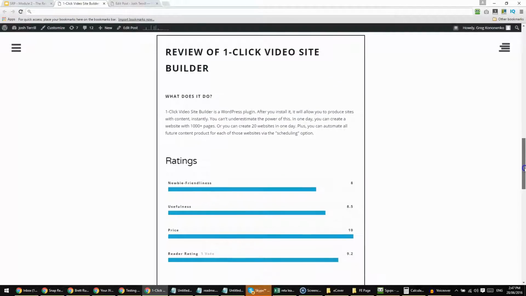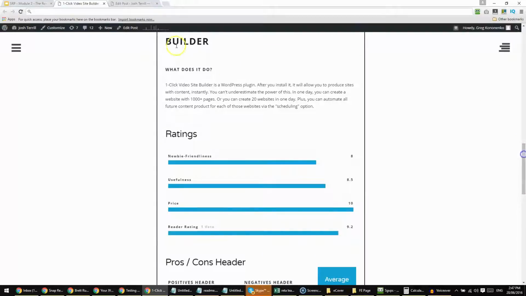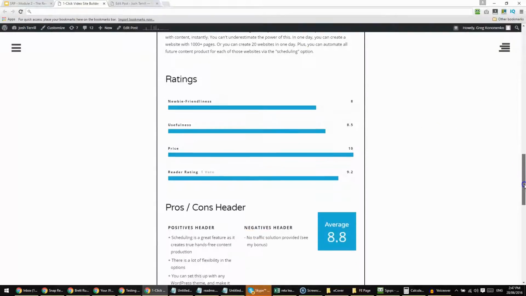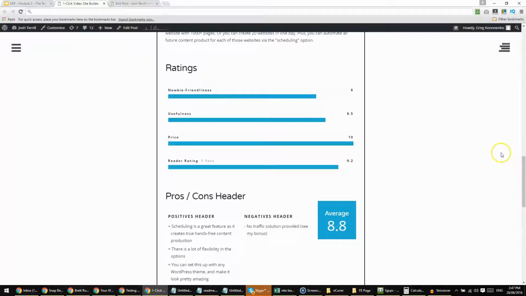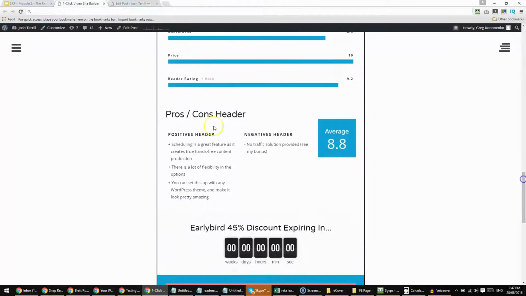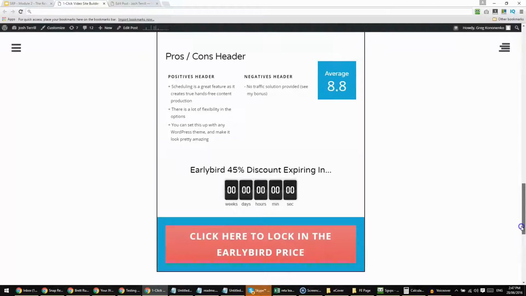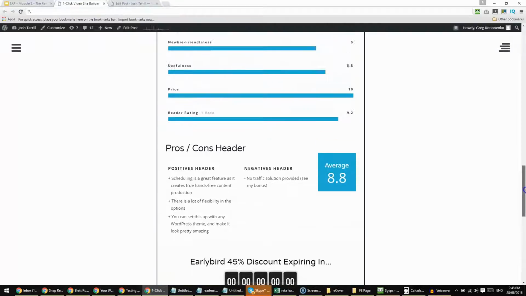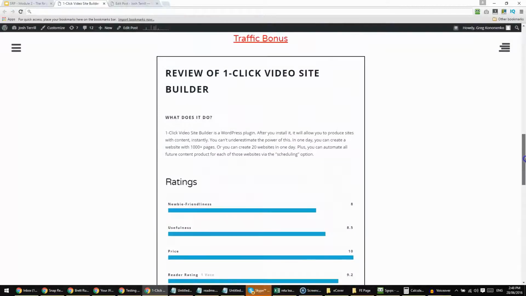It consists of a number of sections. You can see that we've got our review title at the top, we've got our review summary, we've got our ratings, and everything is fully customizable. We've got our pros and cons, we've got our automatically calculated average rating. We also have inbuilt timer capability, and we also have the call to action button with a full design capability as well. All of the colors and all of the background colors, all of the fonts, everything is customizable via